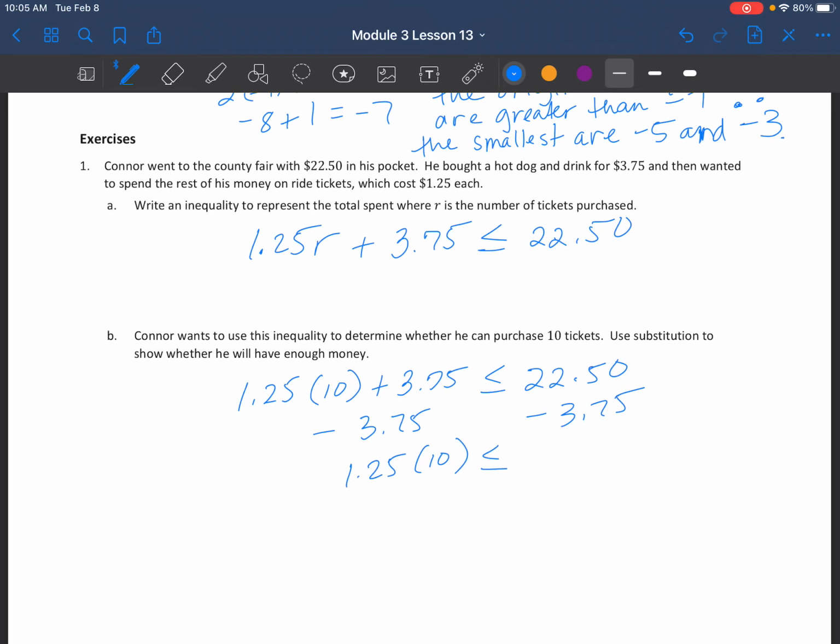On this side, we end up with 1.25 times 10 is less than or equal to, and in this case, 2250 minus 375 is going to give us 16, wait, what is that? 22, so that's 5, and we've got,